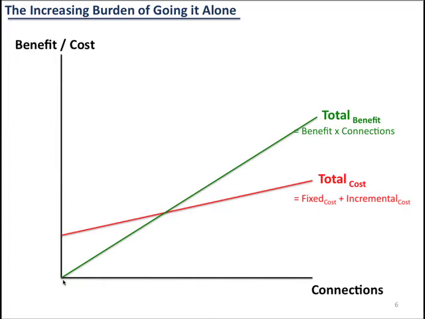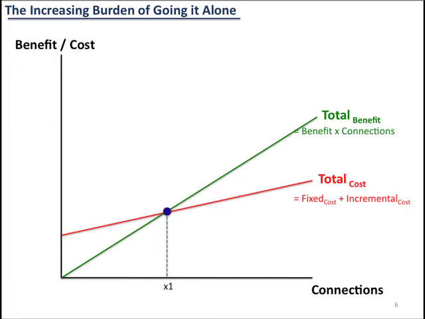And then it slants upwards and to the right, because theoretically speaking, the first connection has some incremental benefit, but maybe not as much by itself as when you have made 1,000 total connections and so on. Then, as you see, both lines cross each other at some point. And this point has some theoretical number of connections.